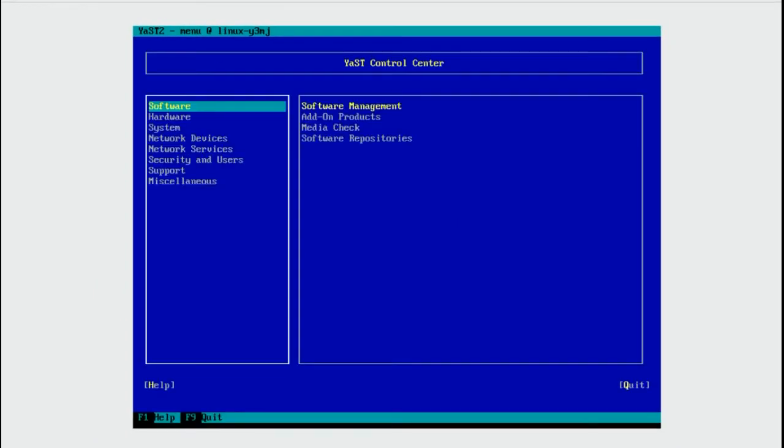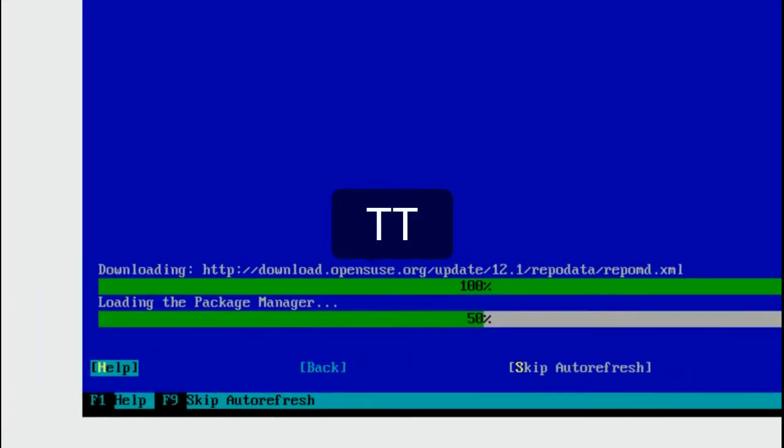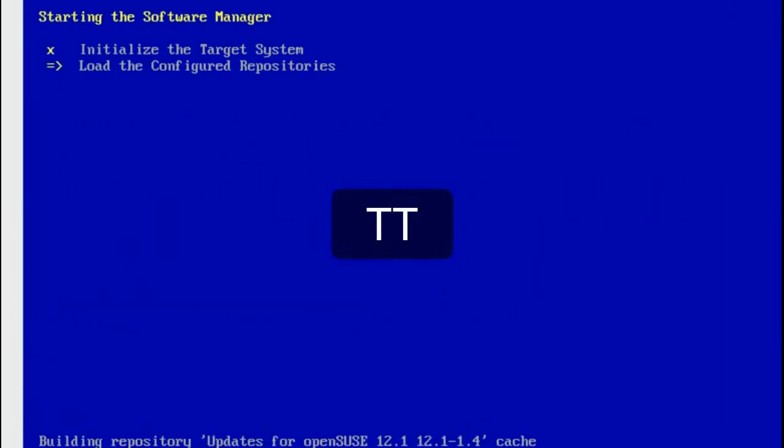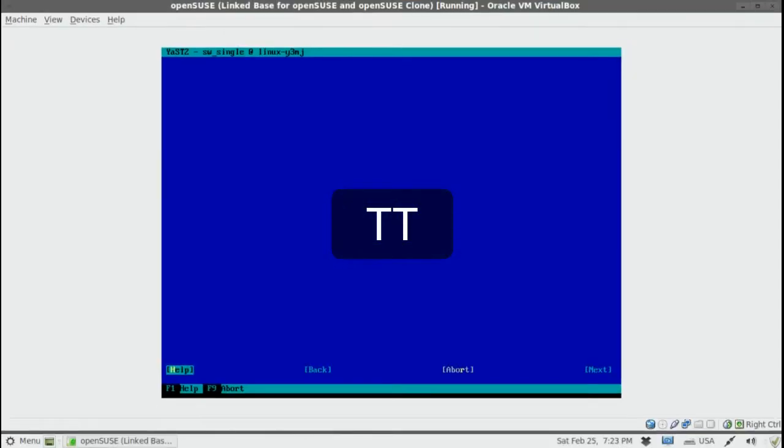The menu on the left is the top layer of the configuration categories. Press up and down to look through the submenus for configuring the system. To install software, we need to go to the software section, press enter, then with the up and down arrow select software management. Now in the search phrase field, write